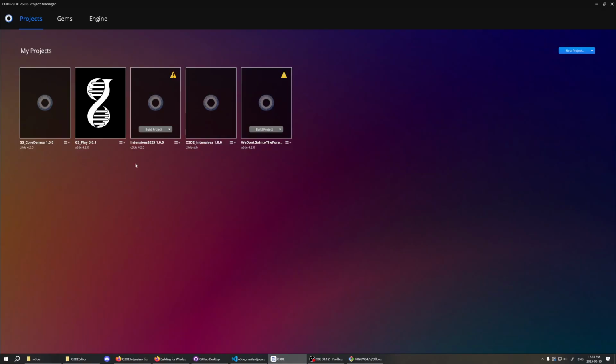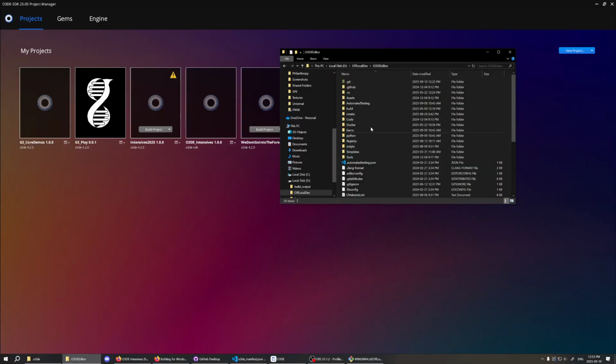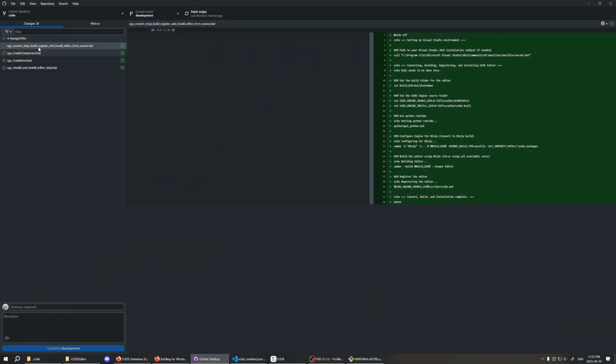And so with that, now your project will be building by pointing to your O3DE source code,